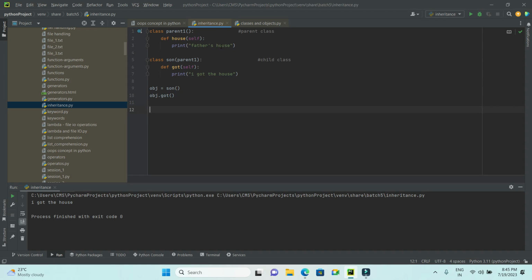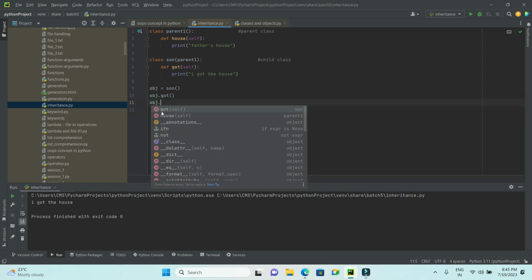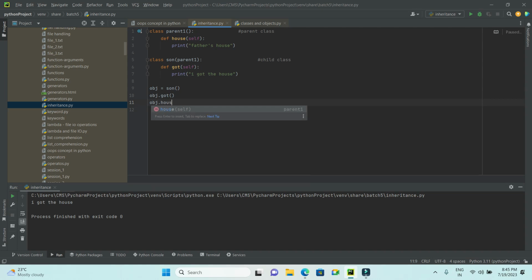If I want to access this method, which is in the parent one, I don't need to create one more object. With the same object, I can say obj dot house. That's it. Because here I have created an object to the son. I haven't created any object to the parent, right? By using the